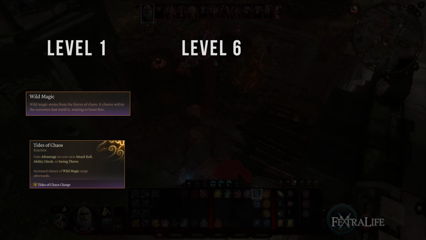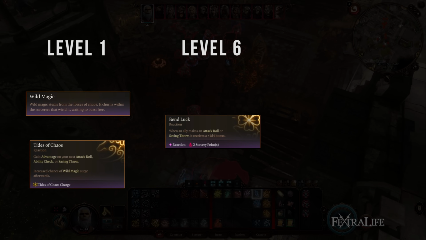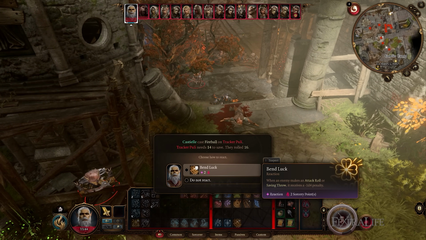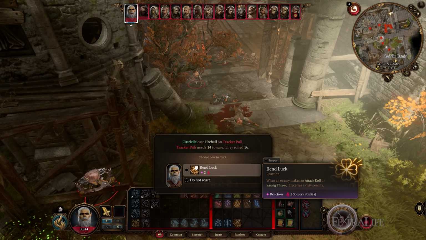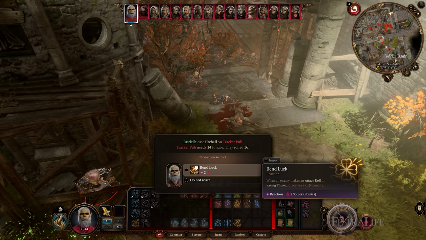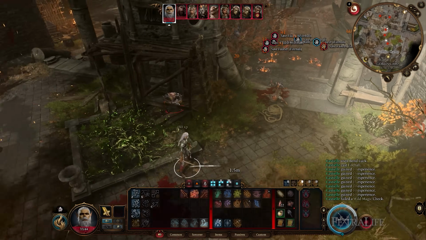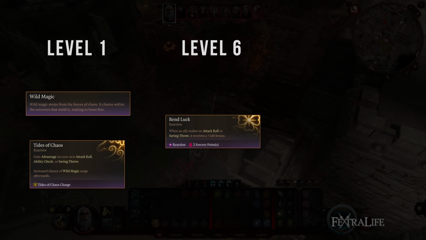At level 6, Wild Magic Sorcerers are able to Bend Luck. This subclass feature allows them to consume 2 sorcery points and use a reaction to add or subtract 1d4 from any creature's attack roll, ability check, or saving throw. This means you can use this offensively or defensively, whichever is needed, giving Wild Magic Sorcerers the power to change